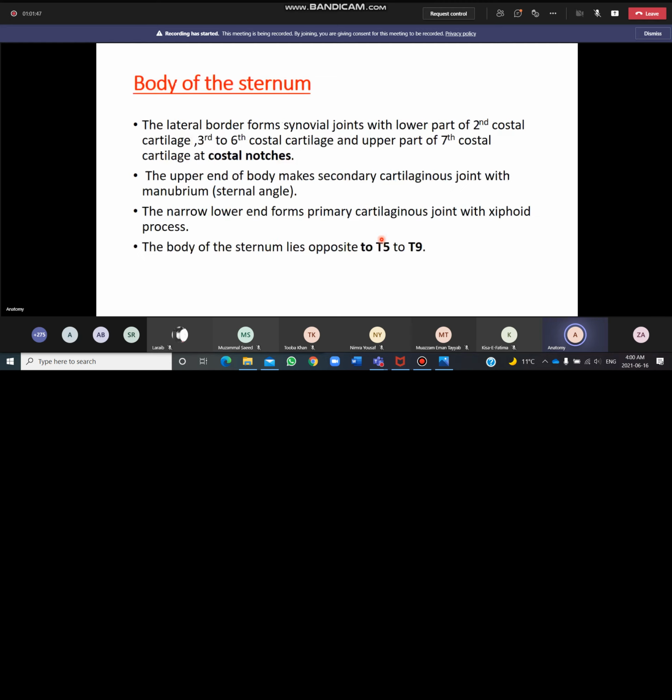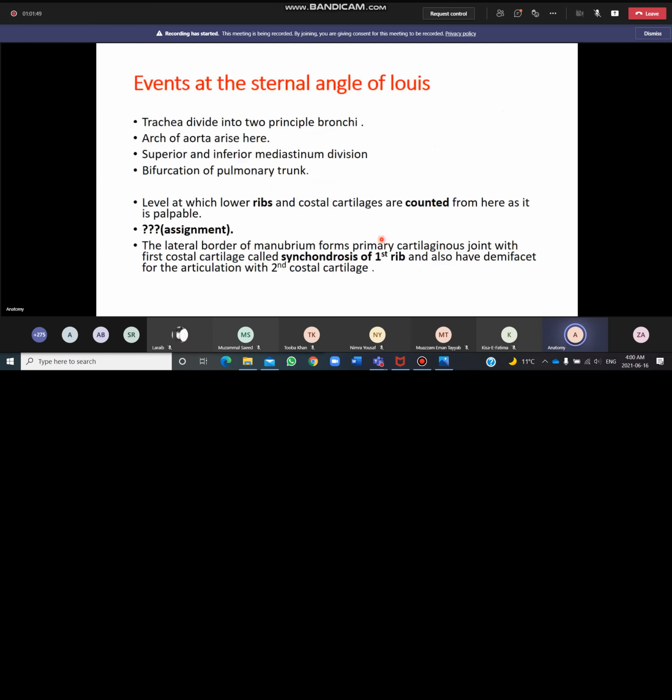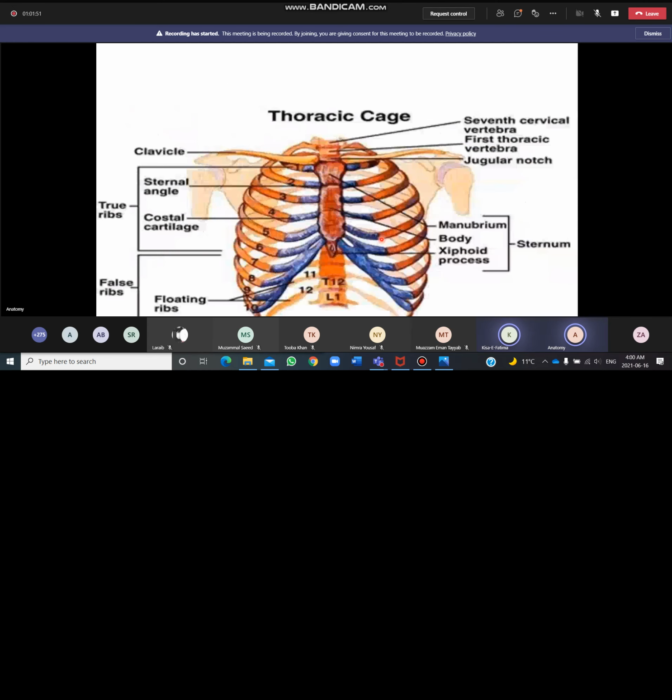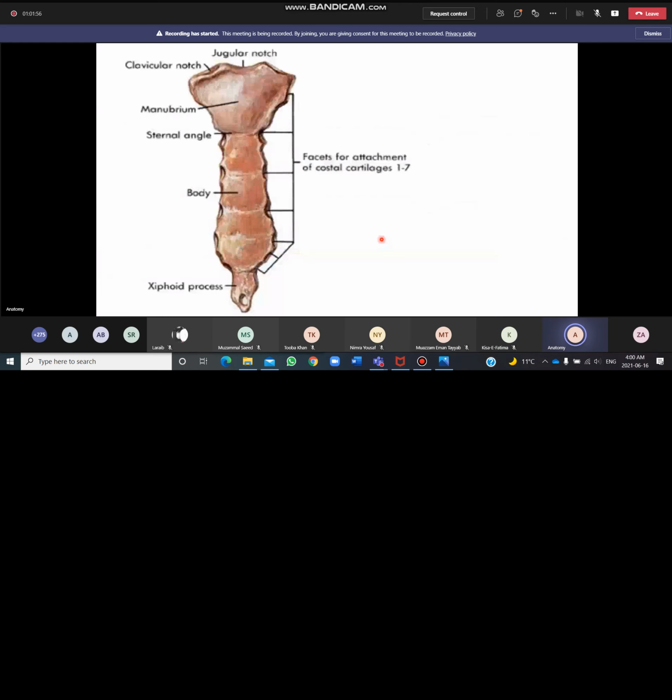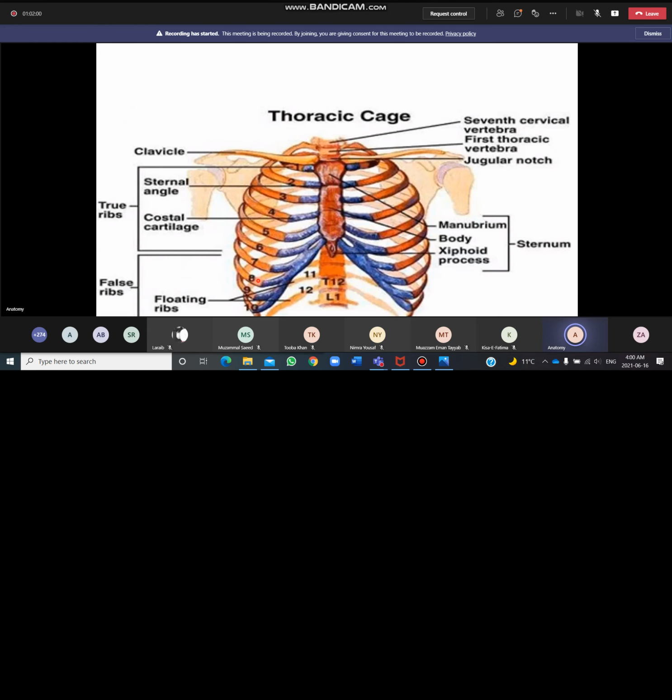Now we will discuss the narrow portion which is called the xiphoid process. Ma'am, is the xiphoid process palpable? If you palpate in this area between your costal margins, with the costal margin on both sides, you can feel the xiphoid process to some extent. It is a very variable portion. In some people it can be pointed or more prominent, and in other individuals it is not.